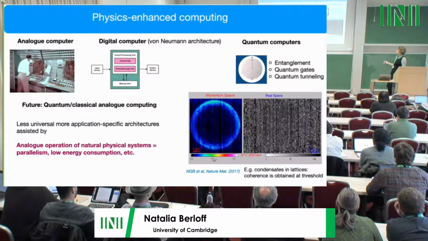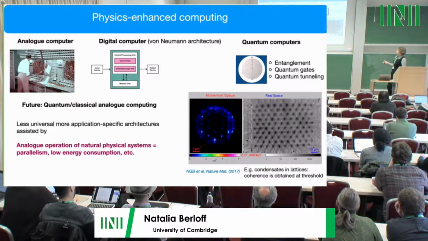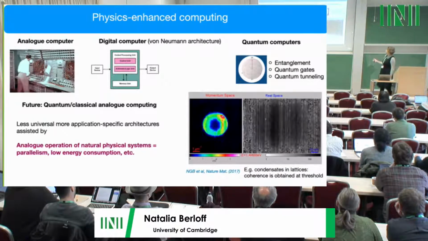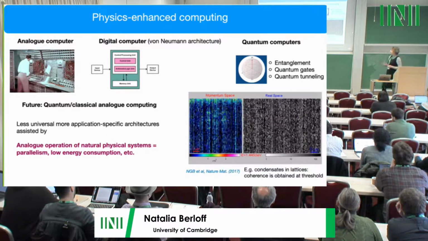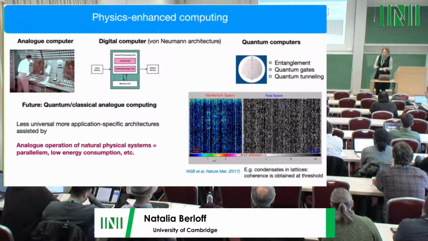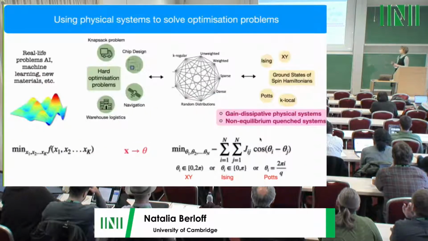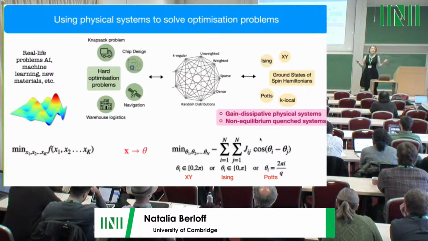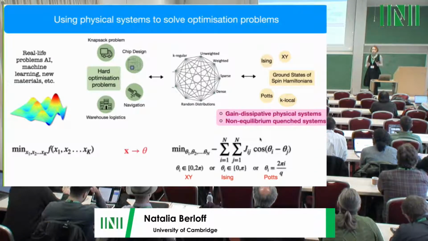So you will see that it solves the problem when the coherence across the lattice sites is established and all connections are in phase, so ferromagnetic interactions. Then the problem rearranges itself with a different coupling between the sites. Then you see antiferromagnetic coupling, and again everything is destroyed, the intensities differ, and the problem is solved for the third time, again with antiferromagnetic couplings. That's what we expect from the physical system: very fast, in analog fashion, a hard problem is solved.